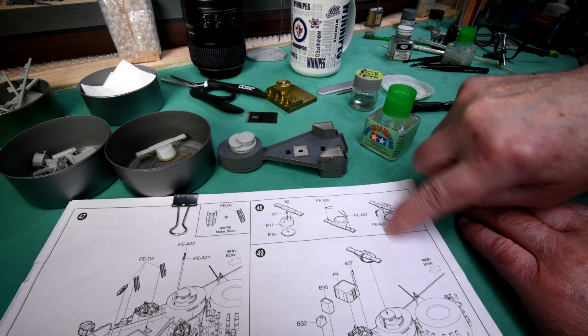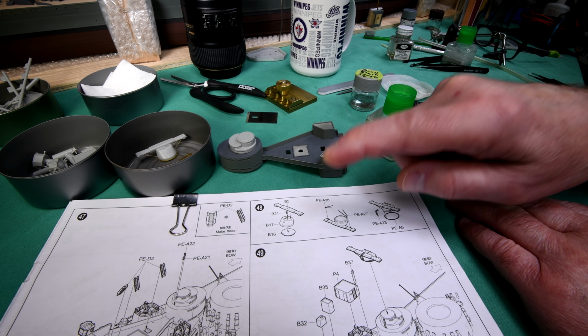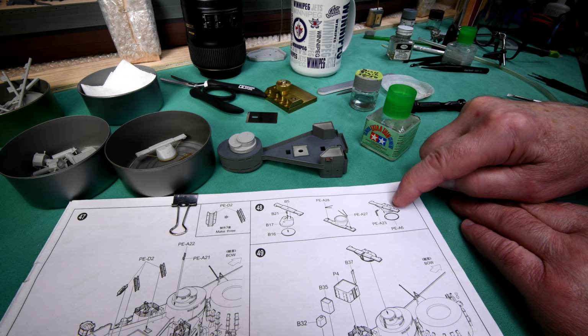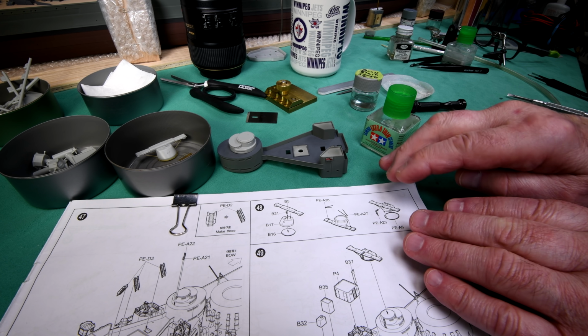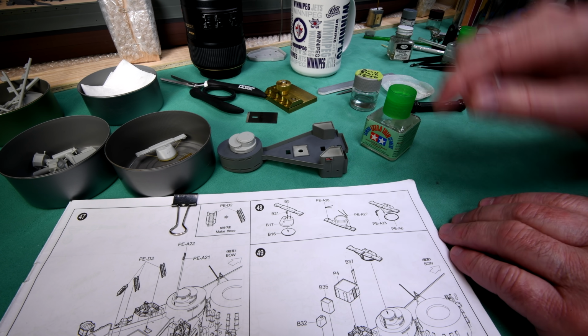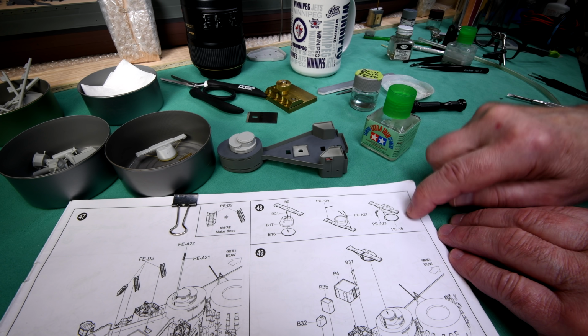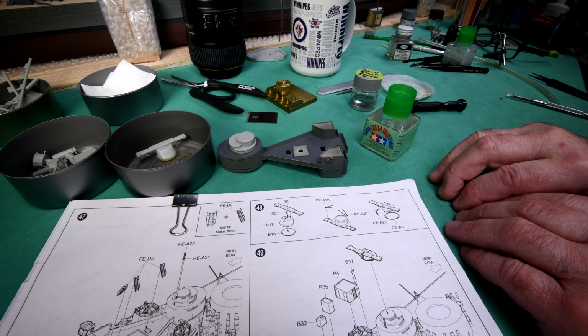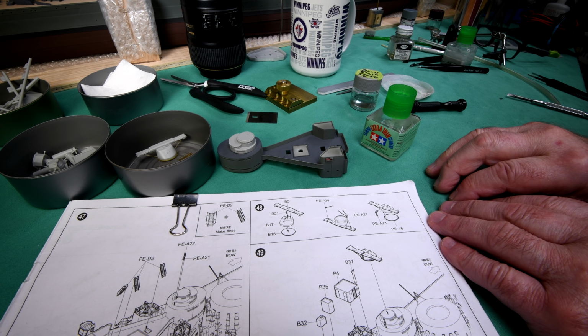Now, on this step here, for 47, 48, 49, I think we're pretty much done as far as we can go, that is, until we paint some of these parts. So that's probably going to have to be tomorrow. Whether I like it or not, I'm going to have to go downstairs and hook up the air hose. I don't know why I don't like the airbrush thing, but